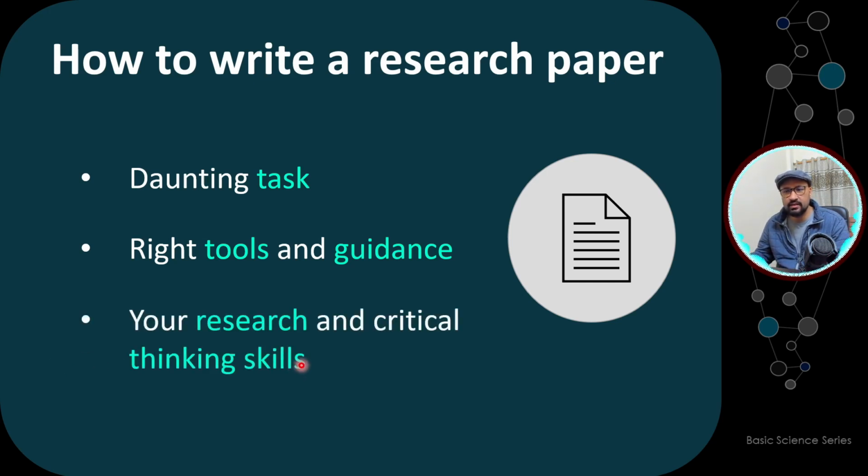The next point is your research and critical thinking skills. They are important. When you're writing a paper, you have to do a lot of research, and you also have to use critical thinking skills to make the flow of your research paper. I'm not taking specific examples here. I'm not talking about biological sciences, chemical sciences, or physical sciences, although it will be influenced by biological sciences because I'm from a biological sciences background, but I've done some biophysical and biochemical sciences, so it's all blended up. But I'm not taking any examples. Maybe in future we'll take a specific example and elaborate all those things.